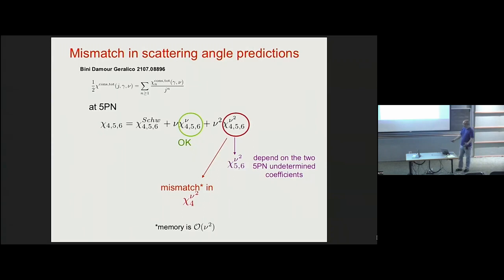So at 5PM, the relevant terms are these ones. I can do the expansion. At nu equal to 0, it is basically Schwarzschild, and everything is OK. At first order, it is the so-called self-force limit. Again, the Hamiltonian of Bini, Damour and Geralico and our EFT Lagrangian agree perfectly, and trouble starts at this point. There are 3 coefficients referring to the powers of j: 4, 5, and 6. The 5 and 6 are not informative because on the tutti frutti side, this is where the 2 unknown coefficients are hidden.